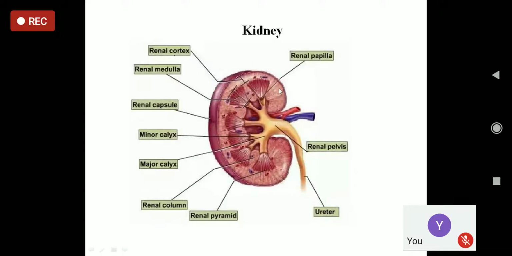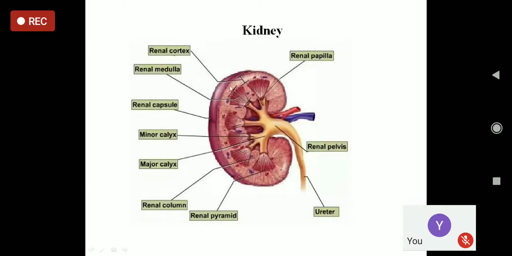Now this portion is dark, and this is the renal cortex, right? This is the renal cortex. These are the renal medulla or renal medullary pyramids. It looks like a pyramid, so they are called renal medullary pyramids. In between the pyramids, there are columns where the cortical tissue enters. These columns are called renal columns of Bertin, after the name of Bertin, a scientist.